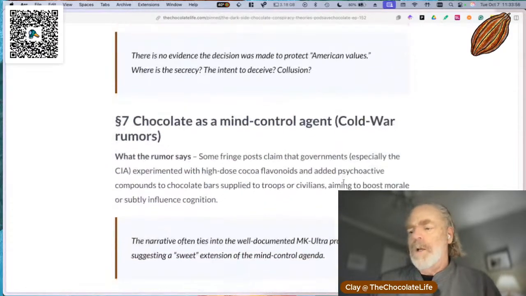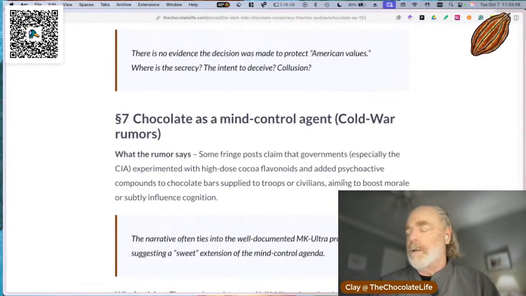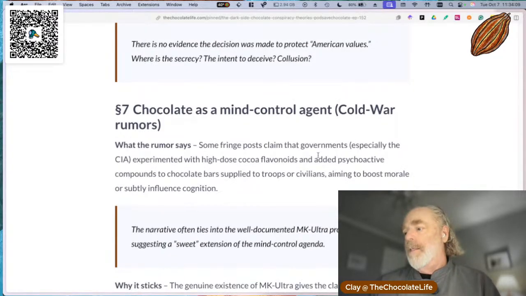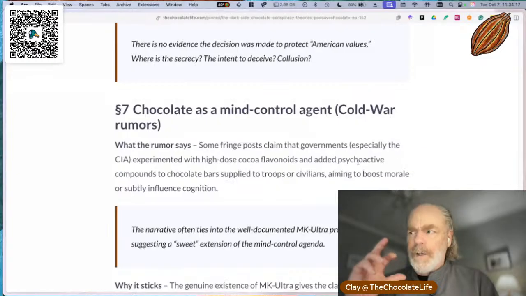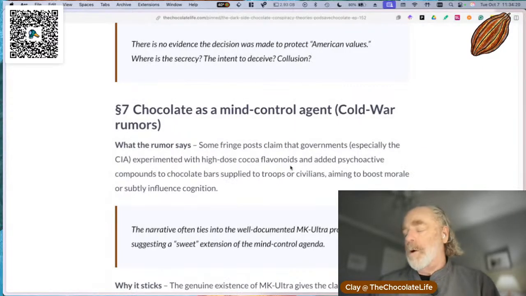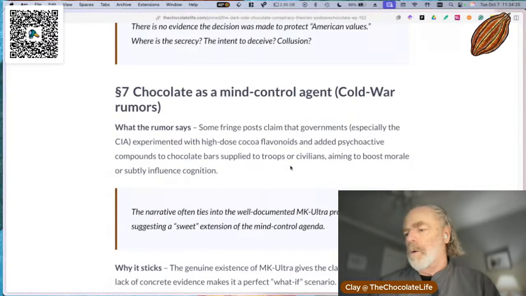Number 7, so this is the last Reddit-associated conspiracy theory that we're going to talk about today. So chocolate as a mind control agent during the Cold War, right? The rumor says that the government, especially the CIA, these should be government agencies. I'm sorry, I put these in there this morning and I didn't fact check it as quickly as I needed, or check it for typos and grammar as I could have, as I was rushing to get ready to go live. So Fringe Post claimed that government agencies experimented with high-dose cocoa flavonoids and added psychoactive compounds to chocolate